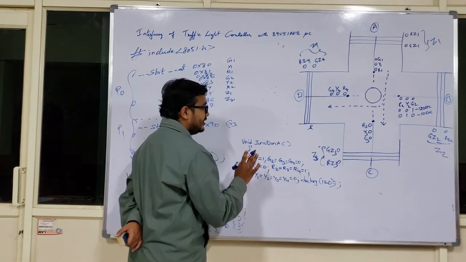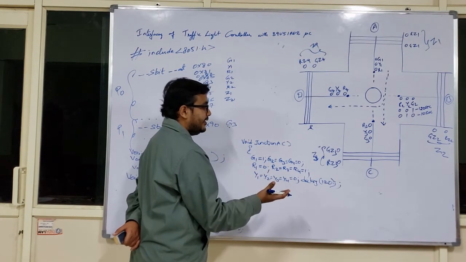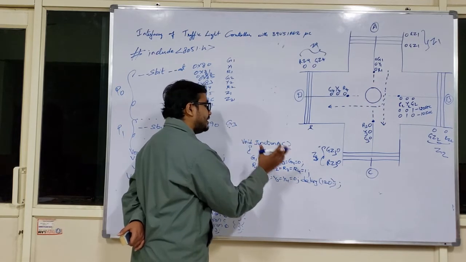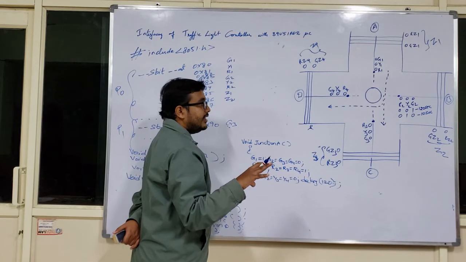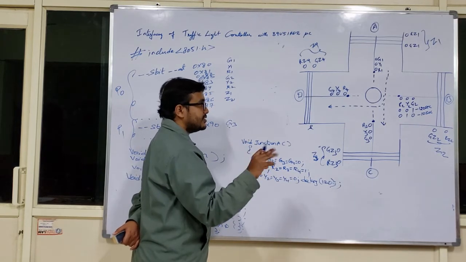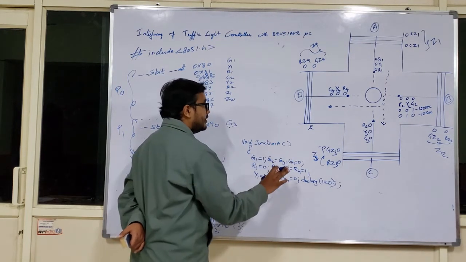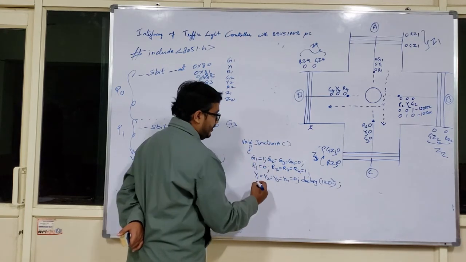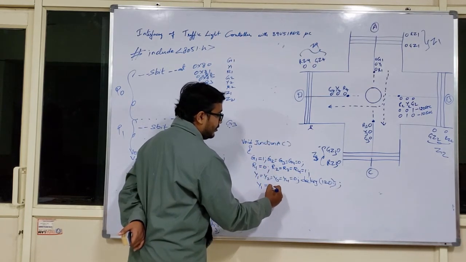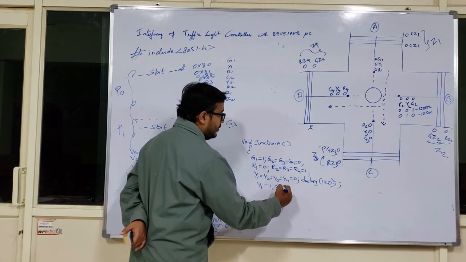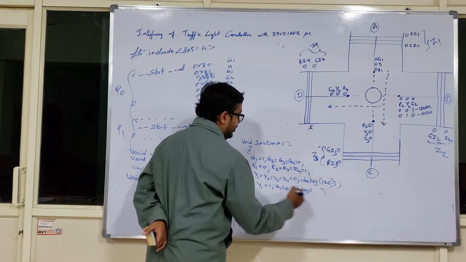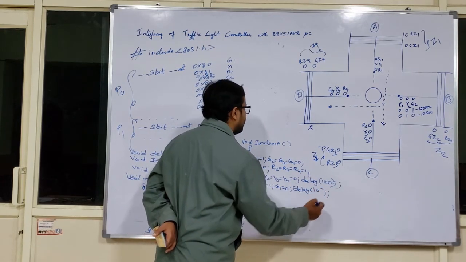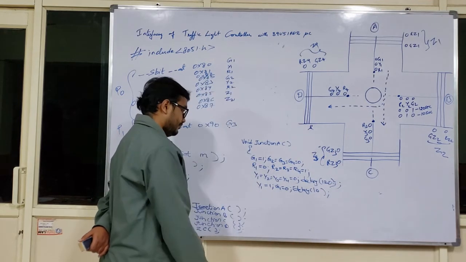Now slowly the junction A is going to complete its activity. Once its green activity gets complete, I cannot suddenly apply the brakes. There will be a process. That process is nothing but the involvement of the yellow lamp. That is y1 is equal to 1 and your green lamp g1 will be equal to 0. And the corresponding yellow lamp will be 1 for how much amount of time? For 10 seconds or 10 iterations.